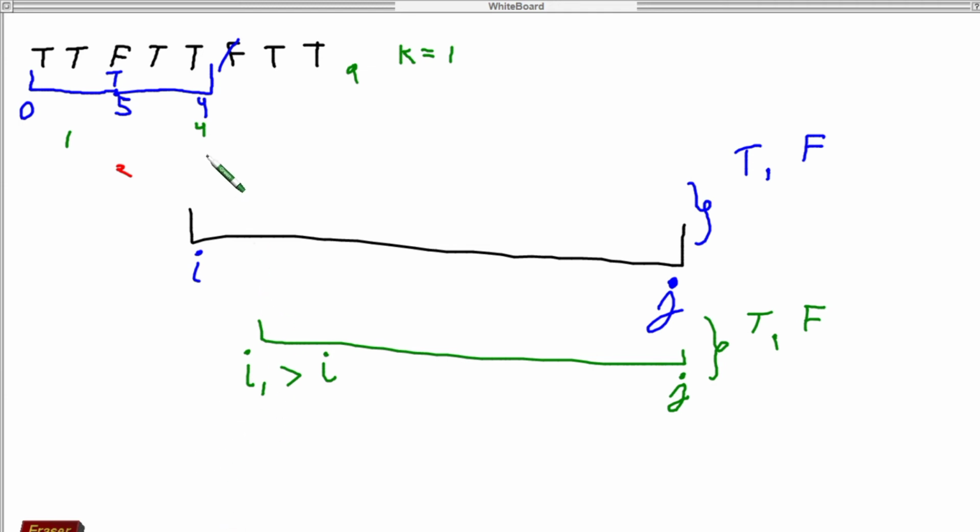Now let's see for index 3. We have here t t. We are sure that we can make all elements from index 3 to 4 all t's. But let's try to expand it. We can expand it. We can change this f to t and expand it. And we can also take this t, and then we can also take this t, getting length 5. So that's the intuition.